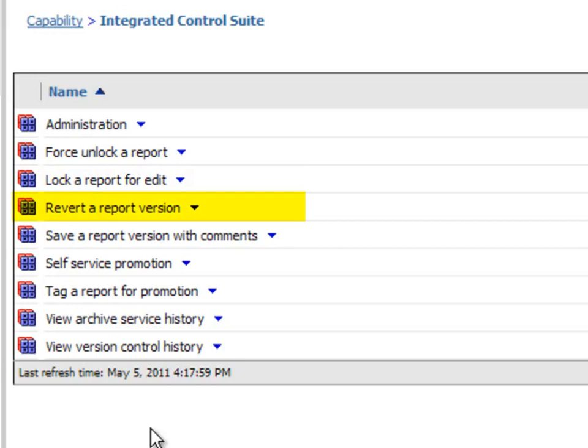The Revert a Report version feature provides the button that's accessible in the View Revision History dialog, where a user can revert to an older version of a report. Save a Report version with comments removes the button from the Studio interface, where a person can save a report with commentary. Self-service promotion is the entire section for promoting report versions to other environments that's located in the View